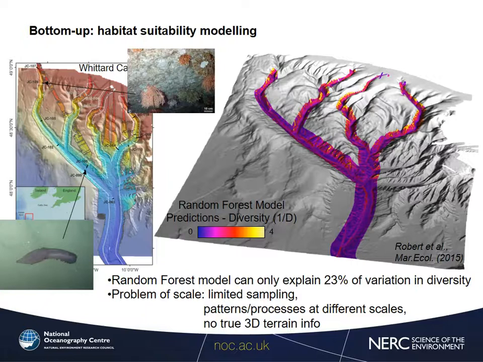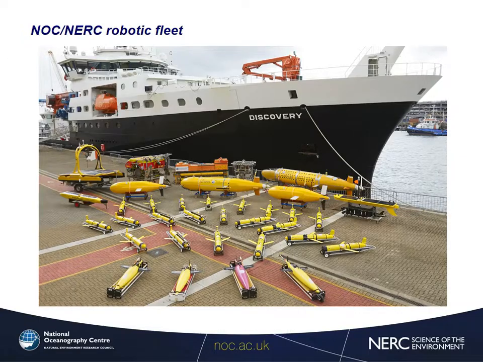The solution to those problems, we think, lies in the use of marine autonomous and robotic systems. And this picture was taken in 2014, I think, and illustrated the state of our robotic fleet at that moment. So at the front you can see a whole fleet of gliders. The larger yellow vehicles are the AUVs, the AutoSub series. We also have a workhorse ROV, remotely operated vehicle, and then we have a series of